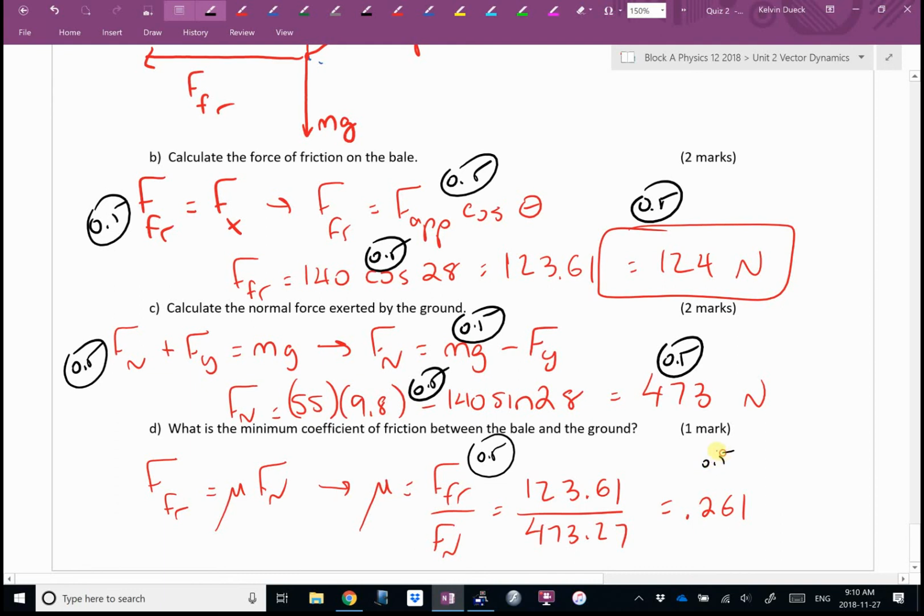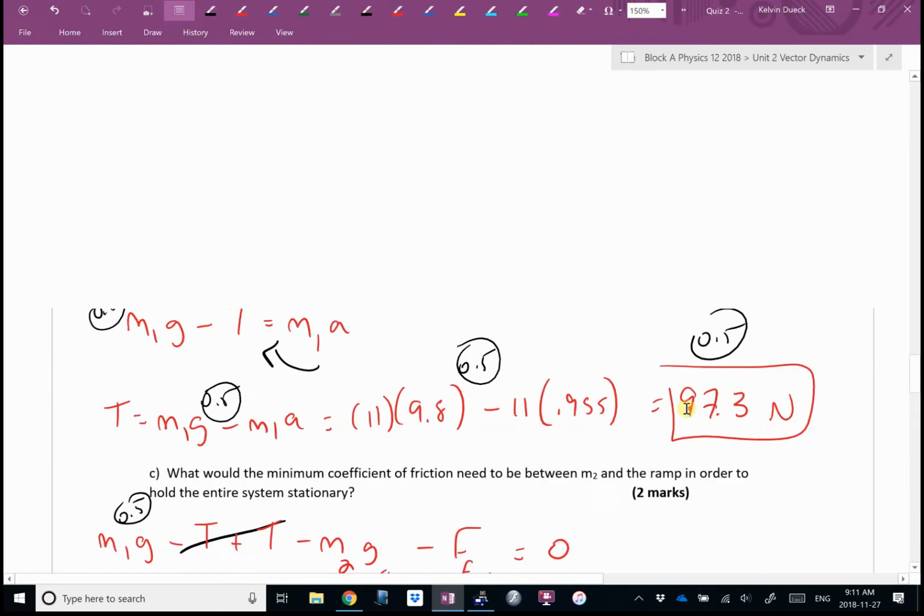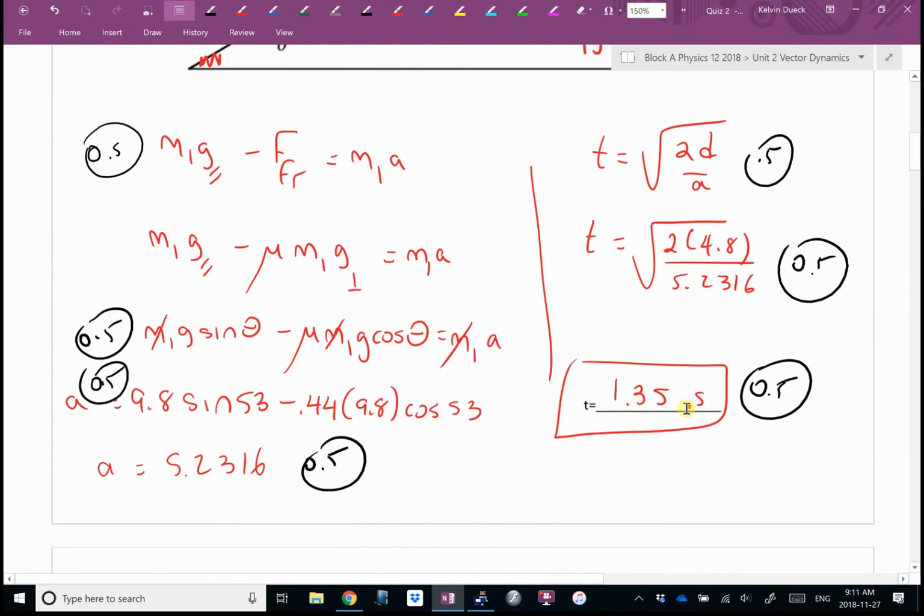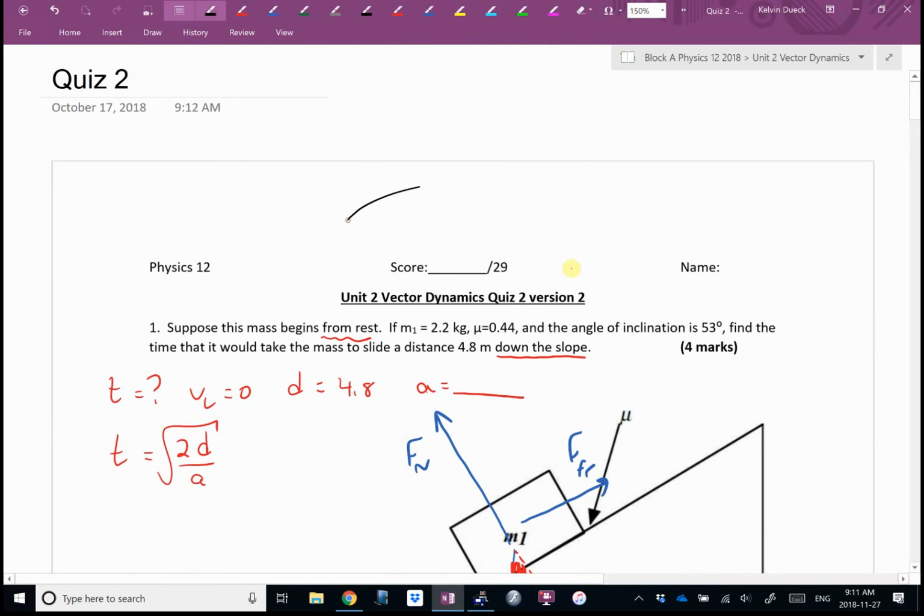I would give you a half mark for the answer. If you got B or C incorrect, but you successfully went your friction force divided by your normal force, I would give you the full mark for the last bit here. Can you give yourself a lovely score out of 29, please? If you need to lawyer with me,